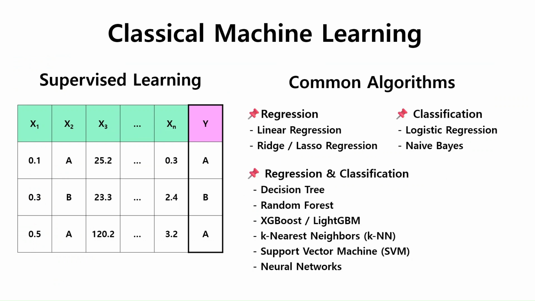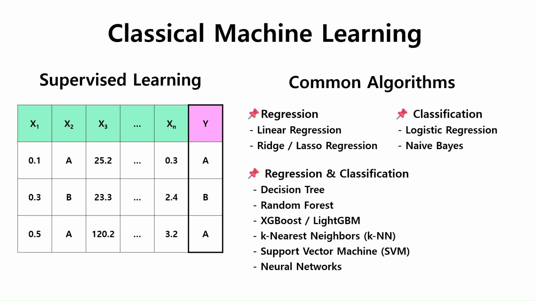Now that we've seen what regression and classification are, let's wrap up the topic of supervised learning with a look at some of the most commonly used algorithms. We'll break them down into three categories: algorithms for regression only, algorithms for classification only, and those that can handle both. For regression, we often use linear regression, one of the simplest and most widely used models, and ridge or